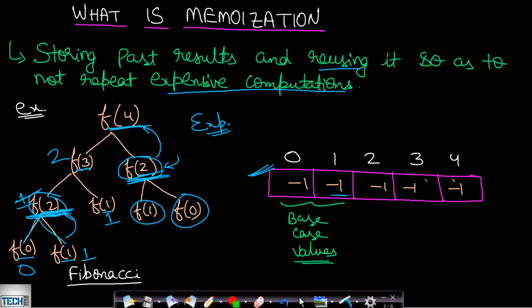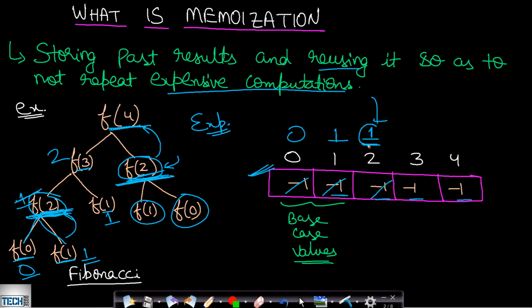Now when we are using the table, then we will be having certain base cases. Okay, here f of 0 and f of 1 are having values 0 and 1. So initially f of 0 will be having value 0, f of 1 will be having value 1. Okay, and the rest of the table will be marked as -1, indicating that the values have not been found yet. So let's say you have found the value of f of 2 and you have stored 1 here, okay, and again you are encountering this f of 2, then you will look at this table value and see that it is not -1 and it is 1.